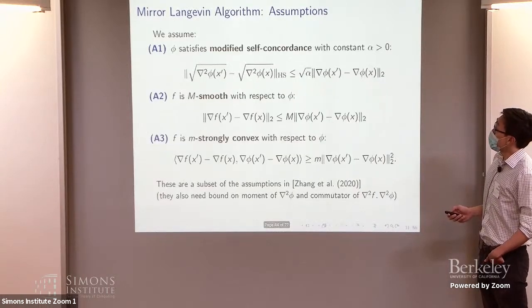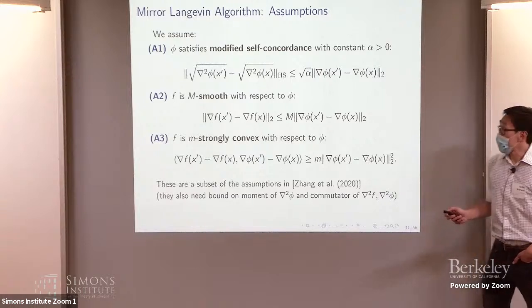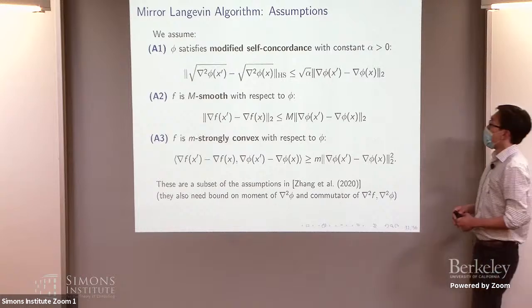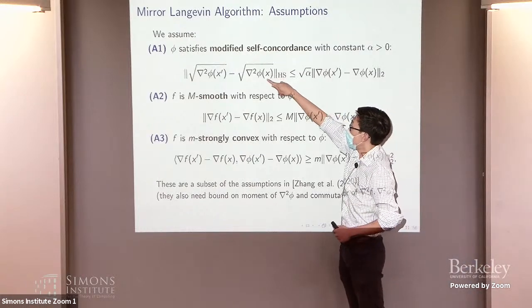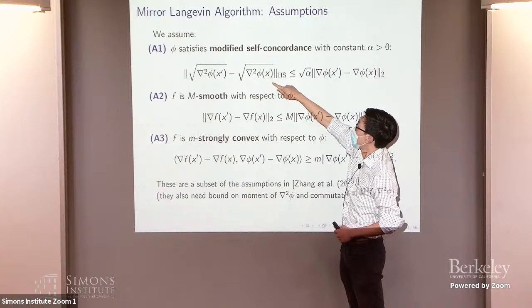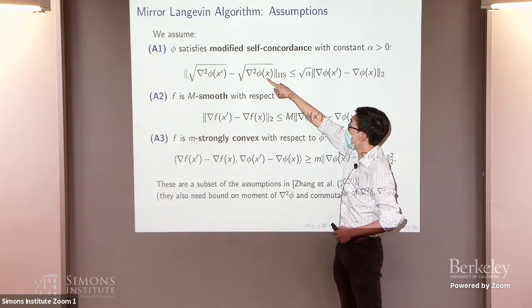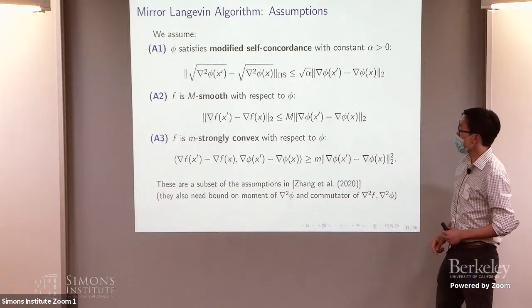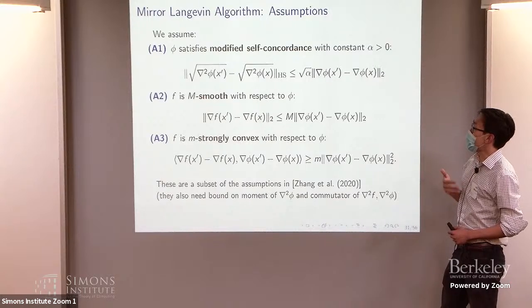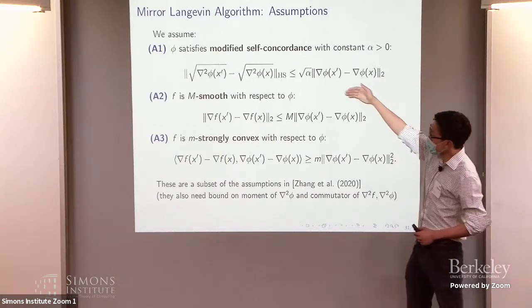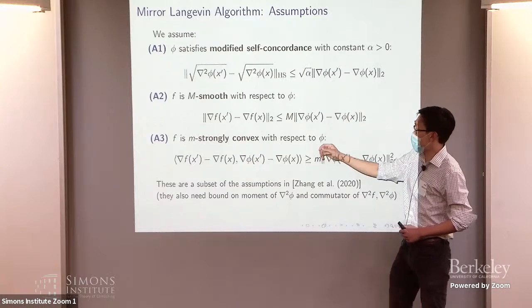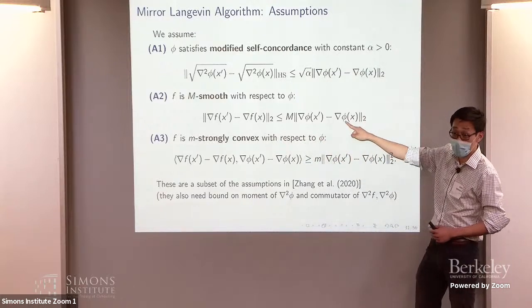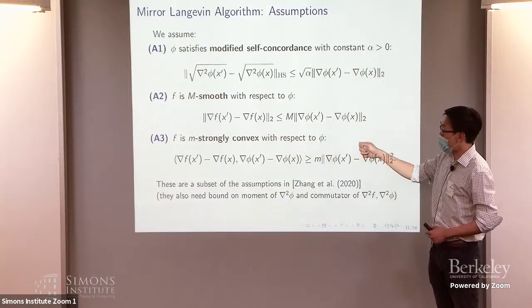Okay, so more precisely, here are the assumptions that we need. We assume that the choice of the Legendre function phi satisfies modified self-concordance, which means the square root of the Hessian is Lipschitz in the Hilbert-Schmidt norm with parameter square root alpha. And we also assume that the function f is smooth with respect to phi, which means that the difference of the gradient of f is bounded above by the difference of the gradient of phi. And moreover, it is strongly convex with respect to phi,